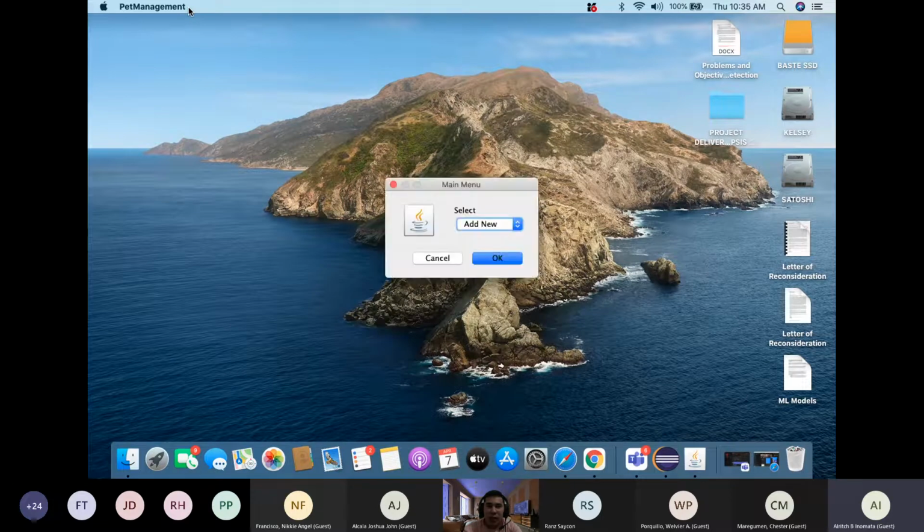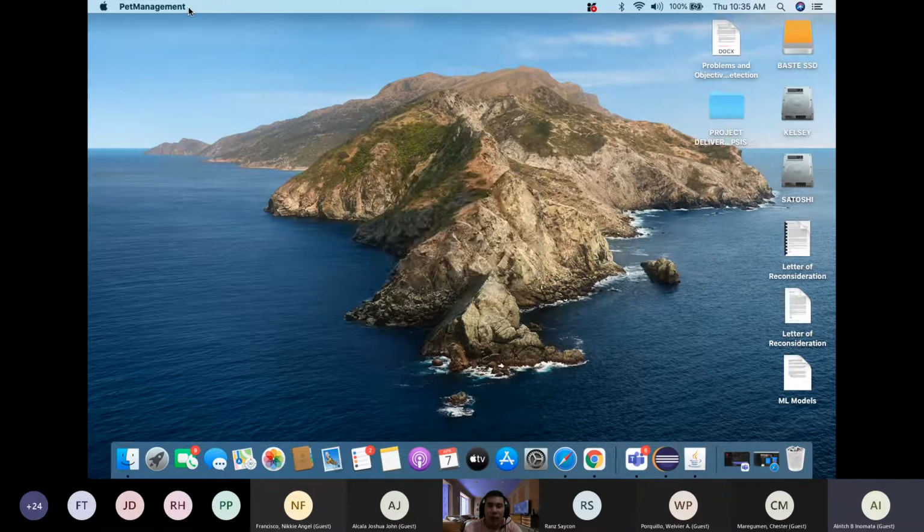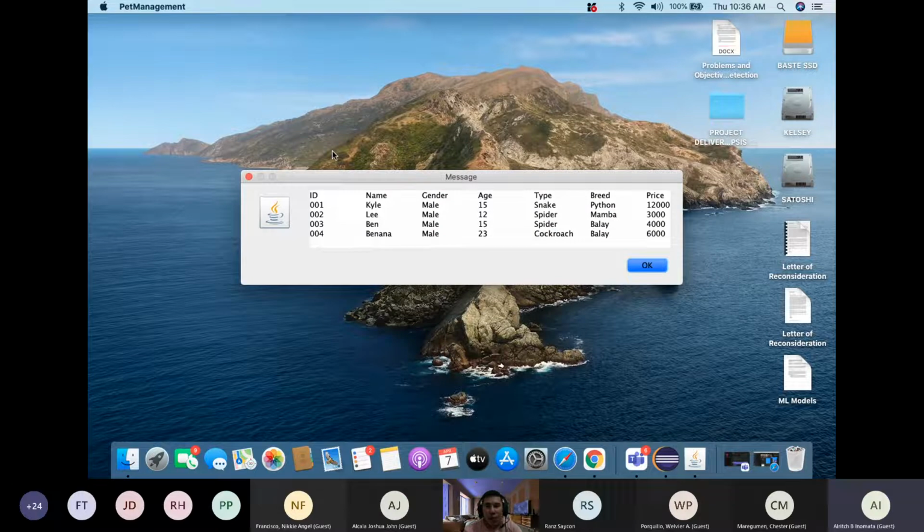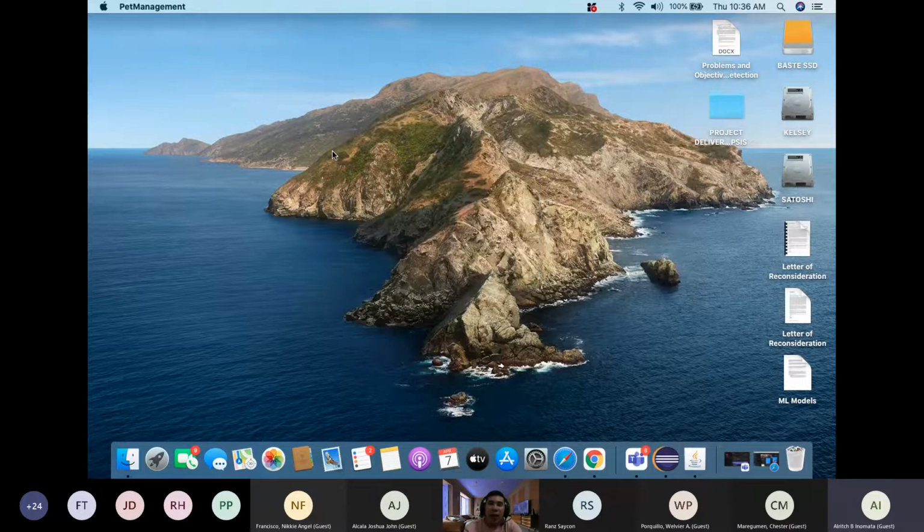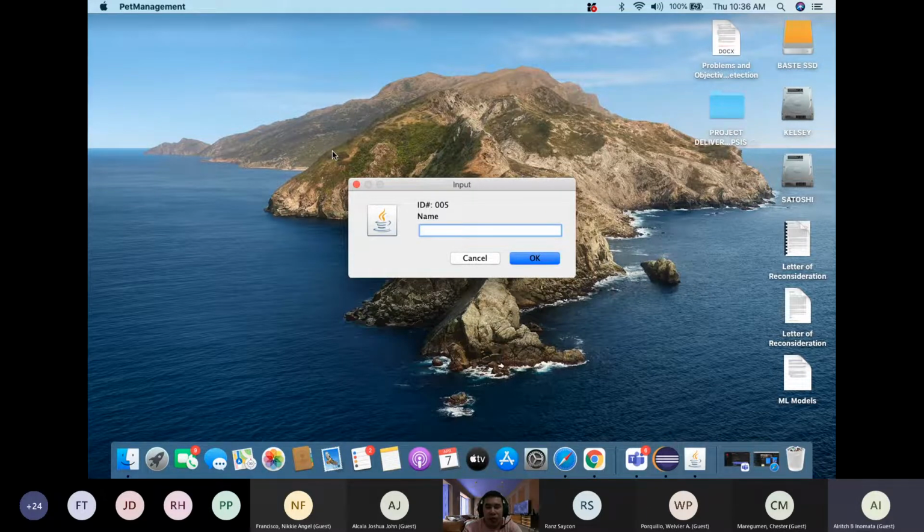where is it? There. Okay, let's display. So the program works if that is the idea of our records. Now, of course, the scenario I mentioned earlier: for instance, I'm going to add a new data or record. Add new, and then I'm going to add, let's say,